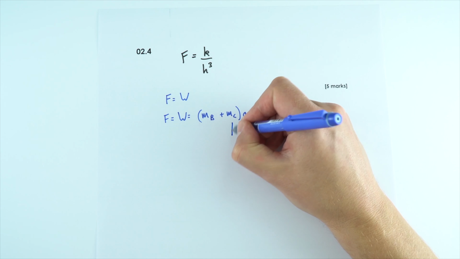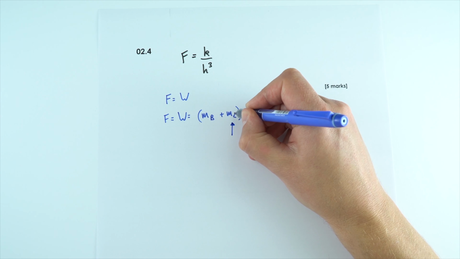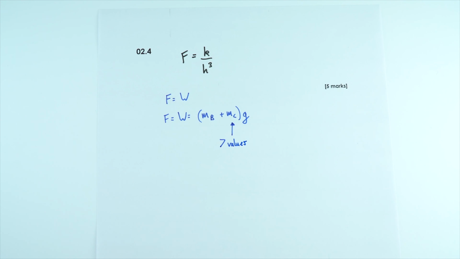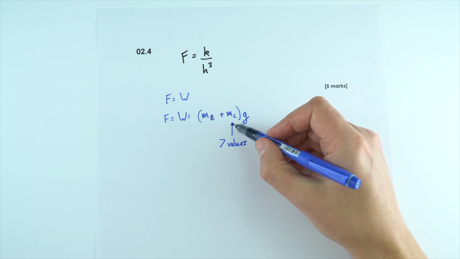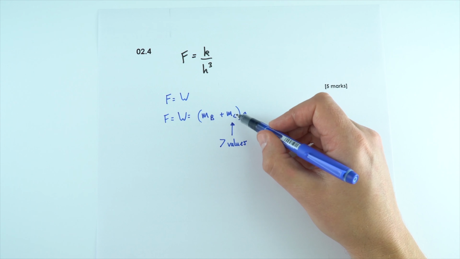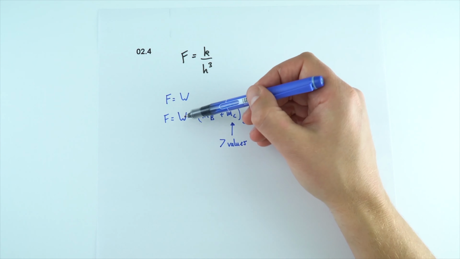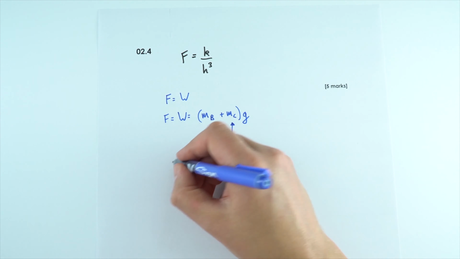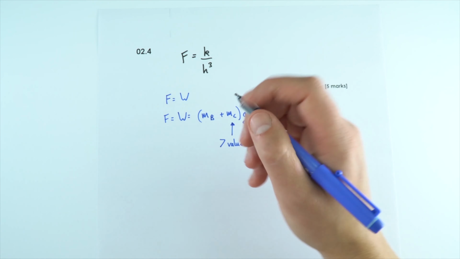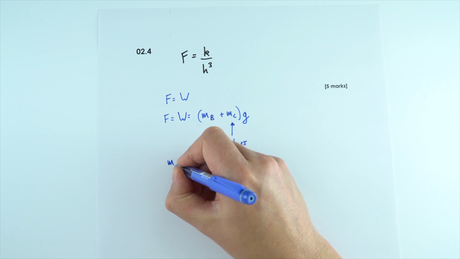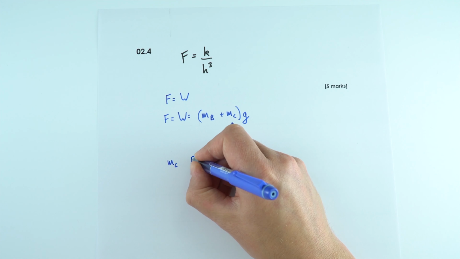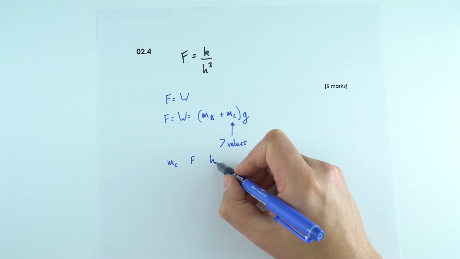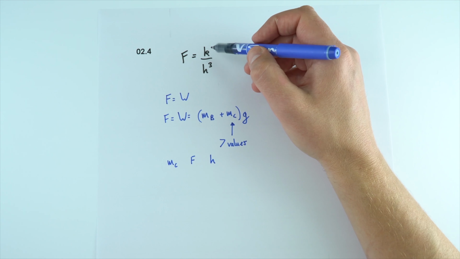So what we can do is work out our values of F. Now we can choose different values of mass of clay. And what we're looking at ideally are at least 7 different values, because we can then get some data with 7 values of mc, which will give 7 values of the force, and that will then also give us 7 values of h. So if we were doing this with a table, you might have values of mc, you then get your value for F, and then you could get your value of h, which is what we're going to be measuring. But we really want to see how this is related to k.